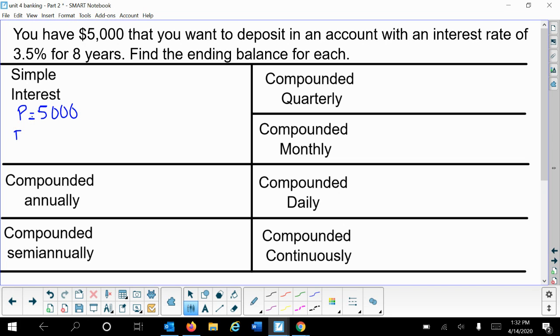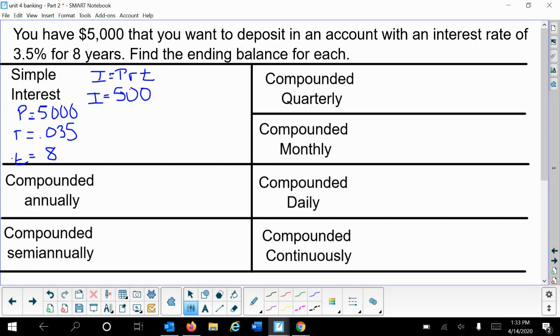Our interest rate is always 3.5%, so 0.035. And our time is always 8 years. And I apologize for the sloppy handwriting. So simple interest, if we remember that, is I equals P R T. And so when I plug my information into my simple interest formula,